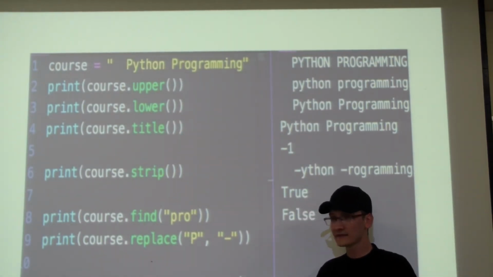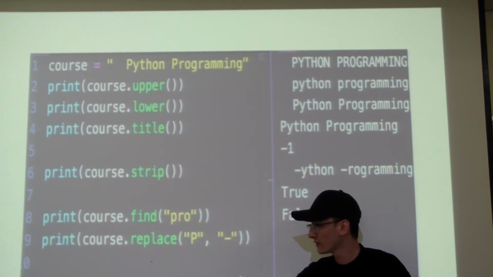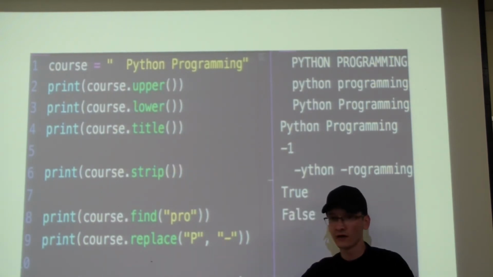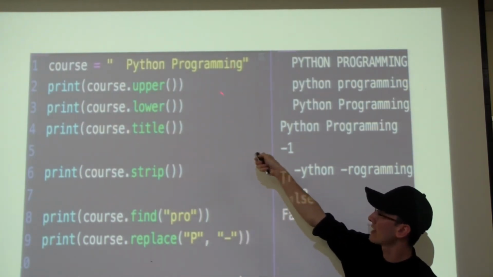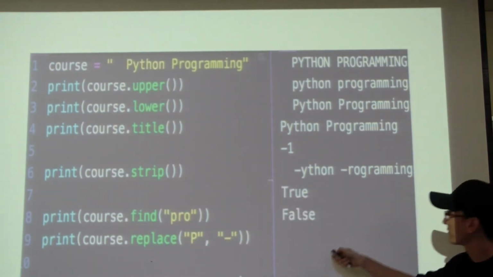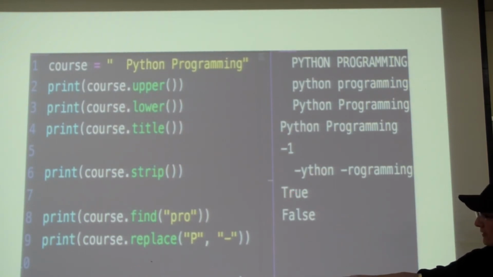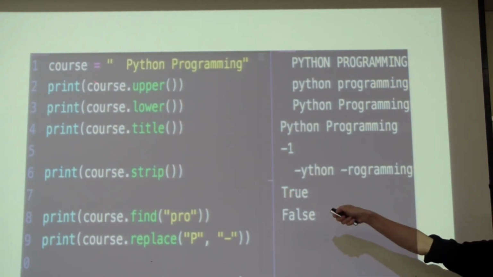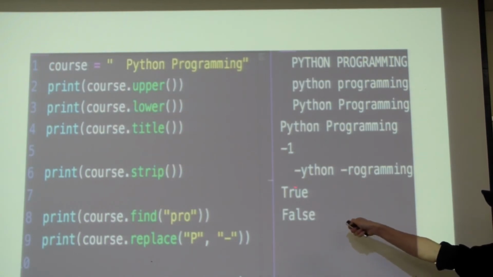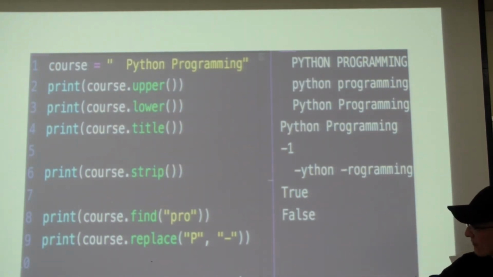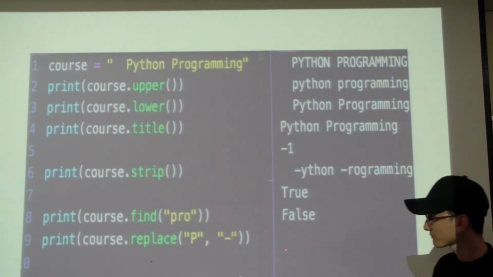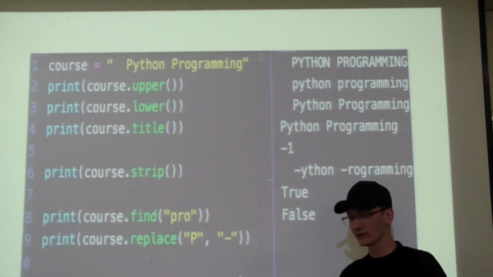So next, programming in course. It will analyze whether in our string we have this phrase programming. We have programming. Yes. So it will print true. Yes, we have programming in our course. And programming not in course will be false. Whether we have